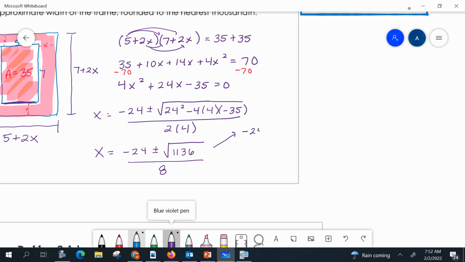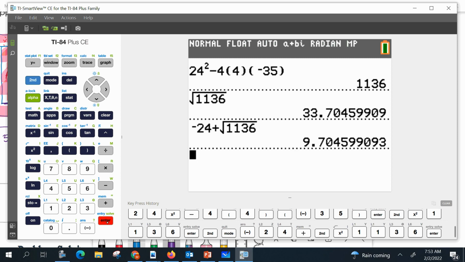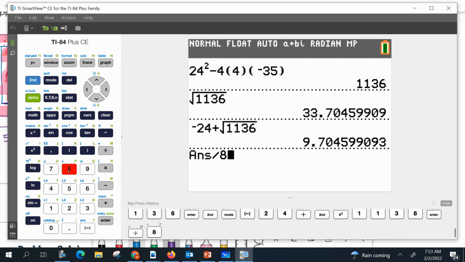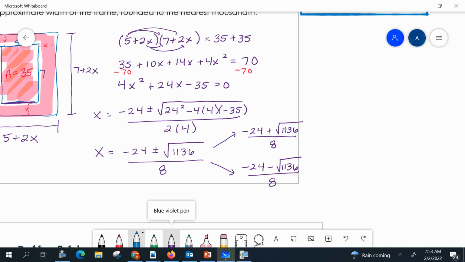So let's type in our calculator, negative 24 plus the square root of 1,136 divided by 8. And then let's type in our calculator, negative 24 minus the square root of 1,136 divided by 8. So let's go type this in. Negative 24 plus the square root of 1,136, and then you need to hit enter. And we're going to divide by 8. Okay? And what we get is 1.213. So it is x equals